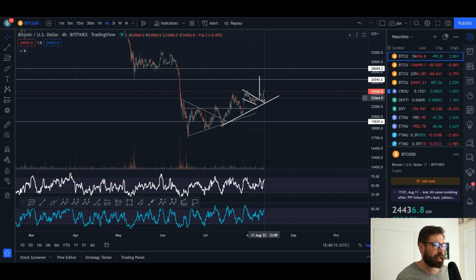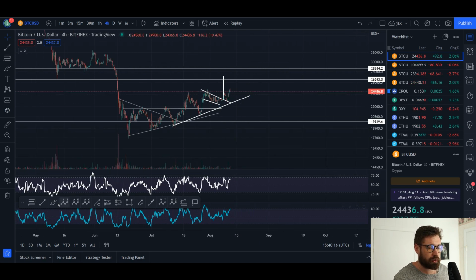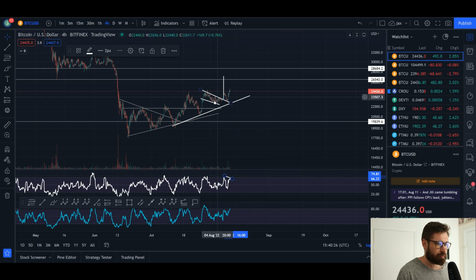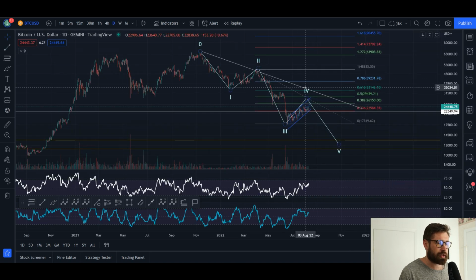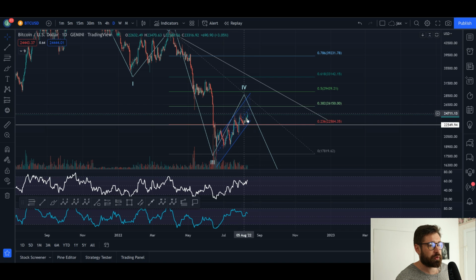As you can see, we retested it, and we have started to push up, but we do have a bearish divergence here. We created a slightly higher high while creating a lower high in the RSI on the 4 hour. That can be an early sign that the bulls are running out of strength here, and we do have to watch for that potential double top pattern where we come up, we create a top, and we create a second top. So if we begin to roll over here and we break that neckline,